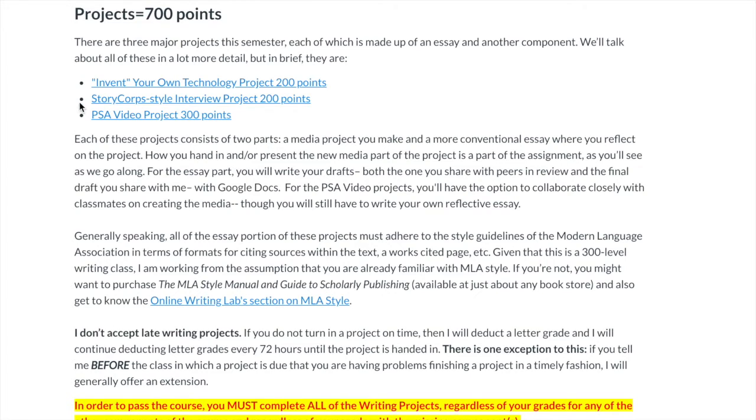The second project is you record an interview with someone and edit it, more in the style, as I say here, of a StoryCorps interview, and then you also write an essay about it. And then the PSA project is a project where you can do collaboratively if you want to,